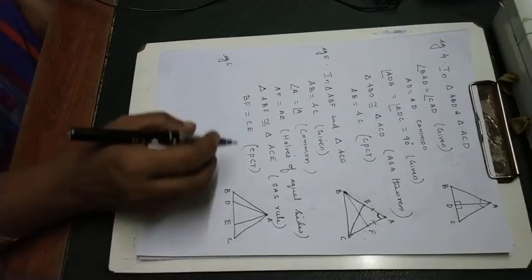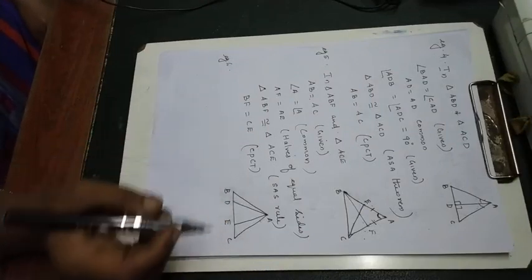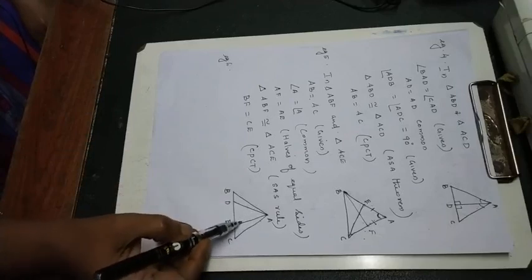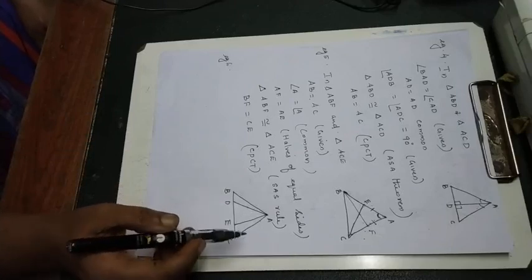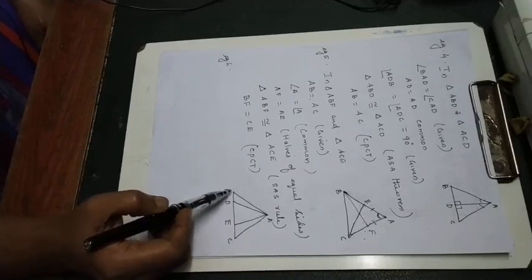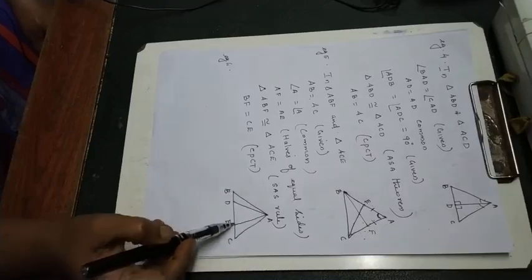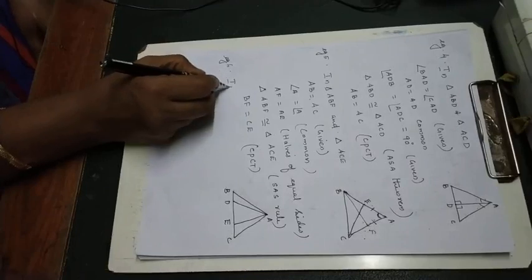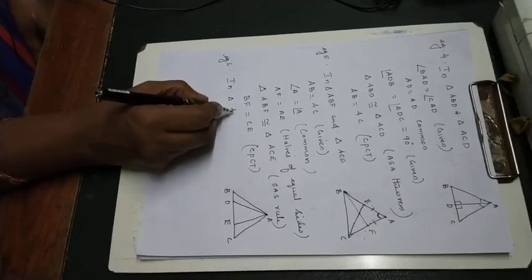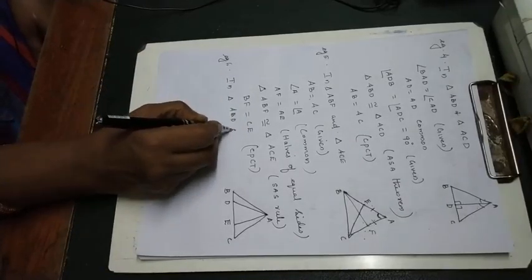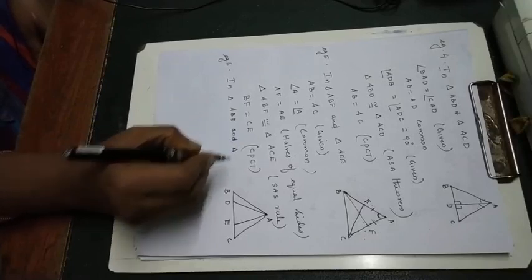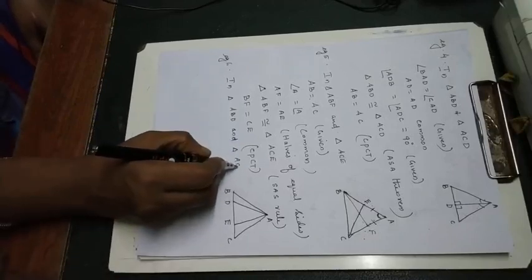So here you have to prove that AD equal to AE. So select triangle ABD, that is this triangle, the small one, ABD and ACE. So in triangle ABD and triangle ACE,